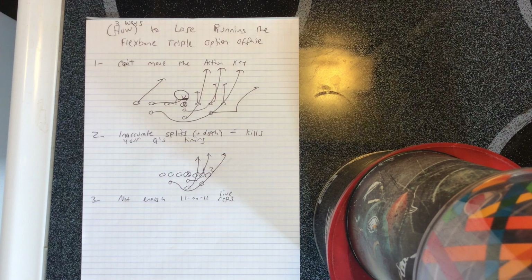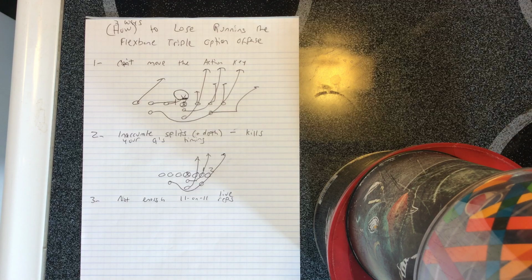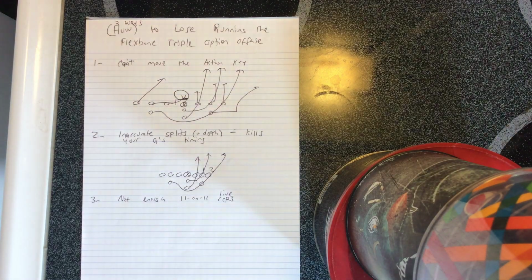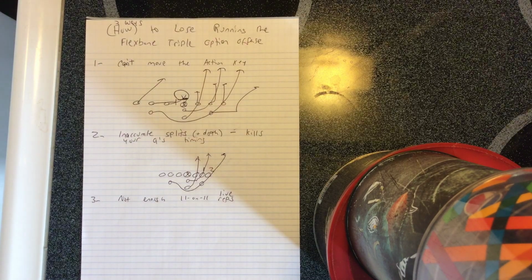Look, when I was going through my doctorate, there was a study, and I wish I had saved it because I'd probably put it all over the website, where coaches with over 300 wins were interviewed on their coaching methods. And the number one thing that was taken from the study of coaches that won over 300 football games at the high school level was this: